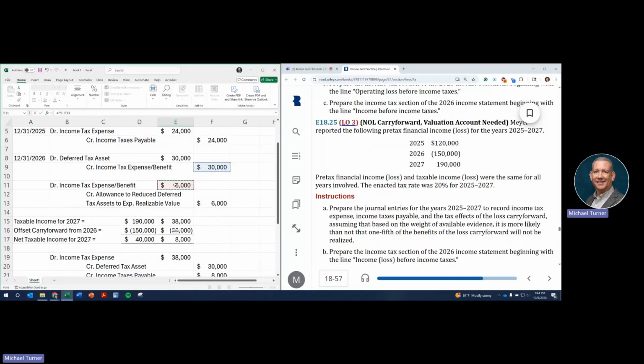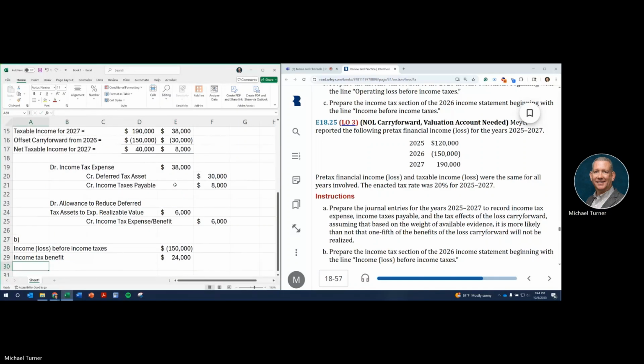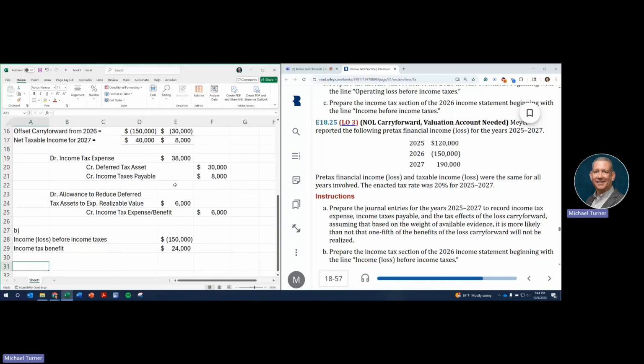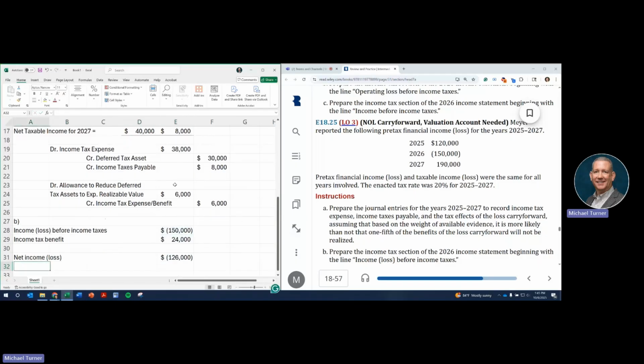So the net impact to income tax expense/benefit was $24,000 on the credit side, which would be a benefit. So that's going to actually reduce our loss position. So our final line, which will be net income or loss, is the sum of those two numbers,